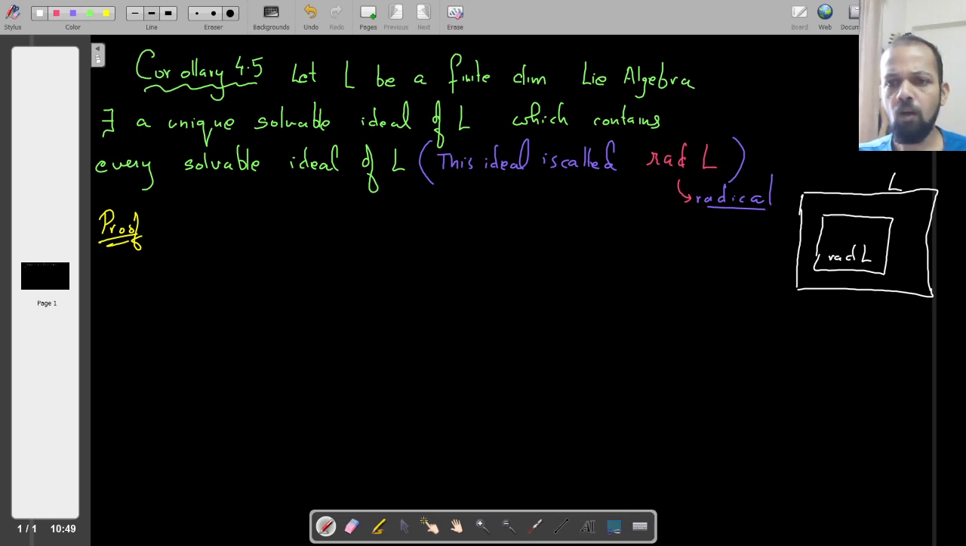So how do I prove this? By the way, this finite dimensional is very important, otherwise we can't prove this. This finite dimension will come because we are going to use dimension. So how do we go about the proof? Let R be the largest dimension solvable ideal